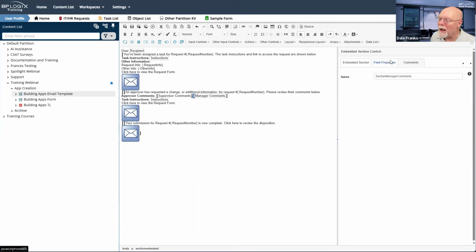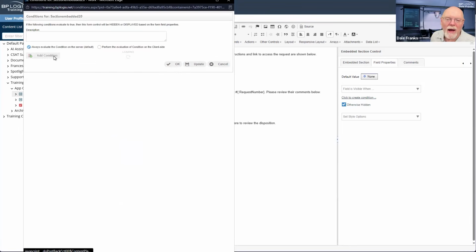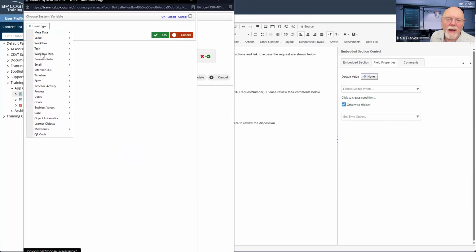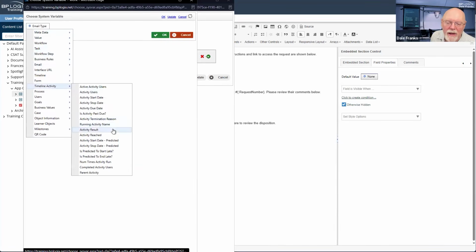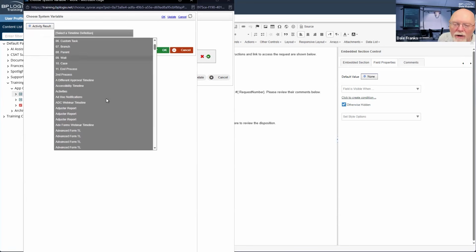for my manager comments, I'm going to do something similar. Field is visible when otherwise hidden. And we'll hit add condition, timeline activity, activity result. And of course, we have to link to our timeline.